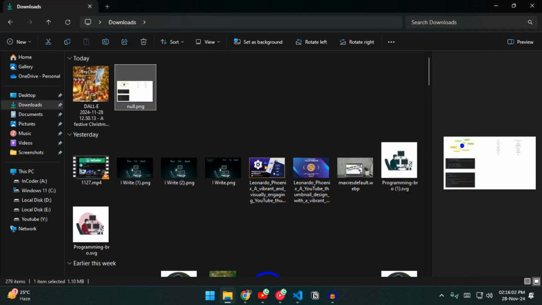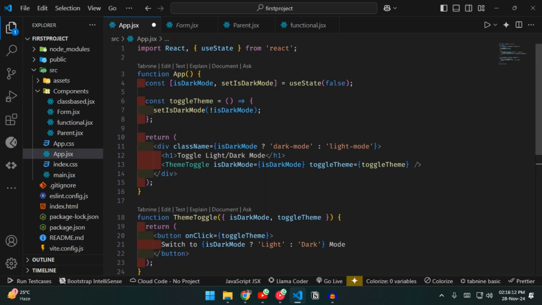Let's create a basic application. As you can see, I have updated the code, and to help you understand better what state is and how it is used, I have created this state isDarkMode to show you a dark mode and light mode toggle option. And I have created this function toggleTheme. Whenever this toggleTheme is called, the setIsDarkMode function will be updated, whatever the value is, it updates to the opposite value.